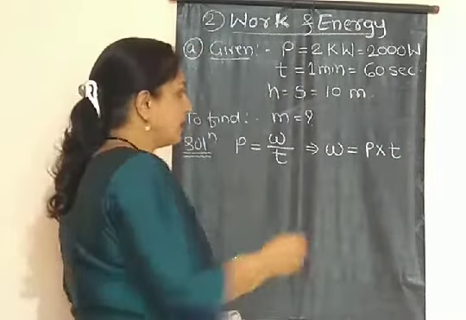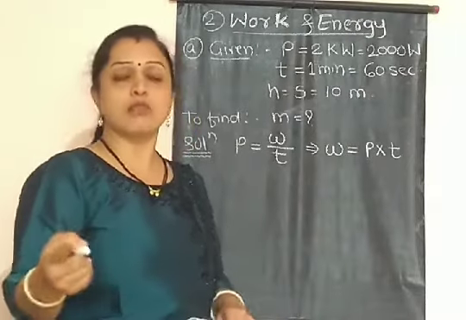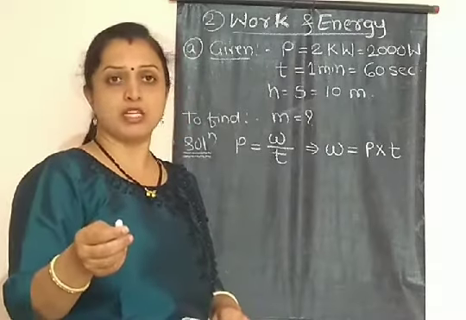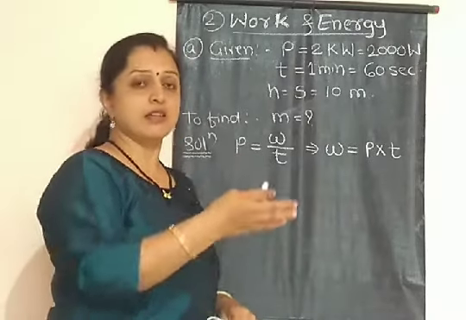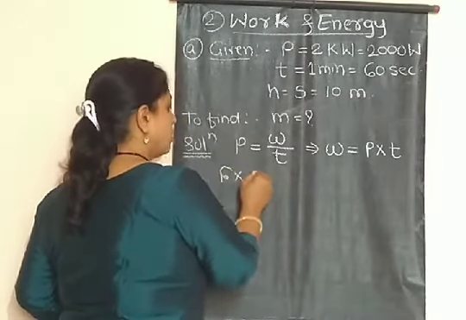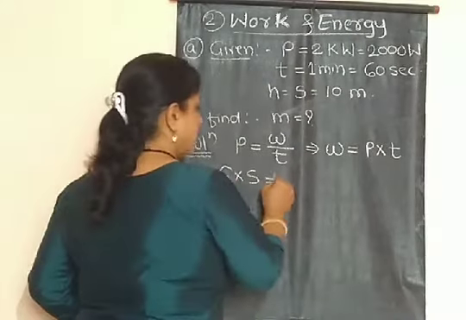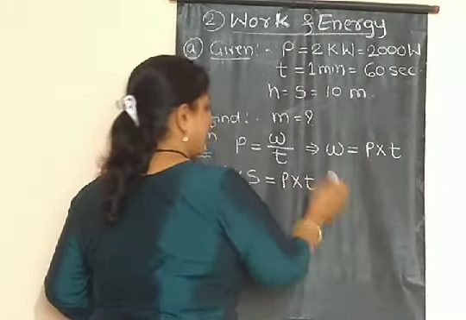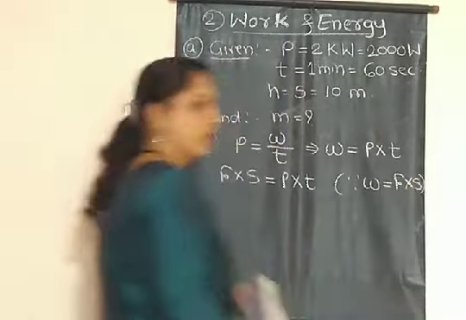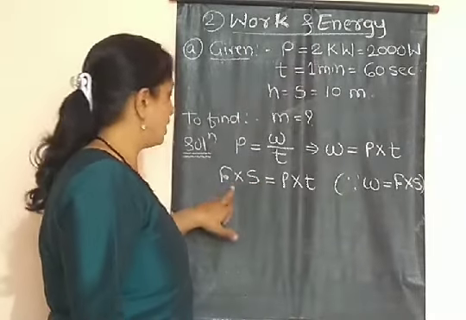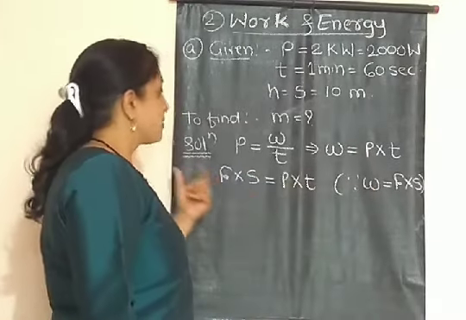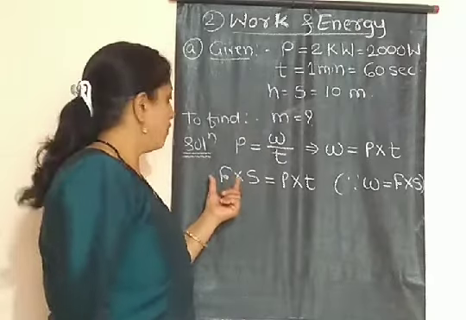Okay. Now after that, how much amount of work is done on that water by using that electric pump? So how to find out the work done? What is the formula for work done? That you know, that is in the previous topic. Okay, so what is that? Work done is equal to force into displacement. Then it is equal to power multiplied by time. So we write here the formula for work done, that is force into displacement, that is equal to power into time.